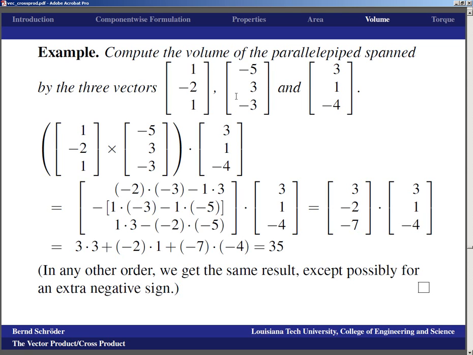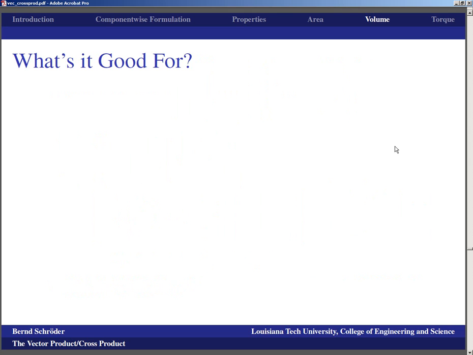However, it could also be that somebody gives you actually the vertices of the parallelepiped, and then you have to do what we did for the parallelogram, you would really have to figure out the vectors that actually encode the size. Okay, we move on, and again, the question that I always want you to ask yourself is what it's good for, because a lot of what we're doing right now is setting the stage for stuff that we do later on. So just as this area formula ultimately will lead to a general surface area formula,